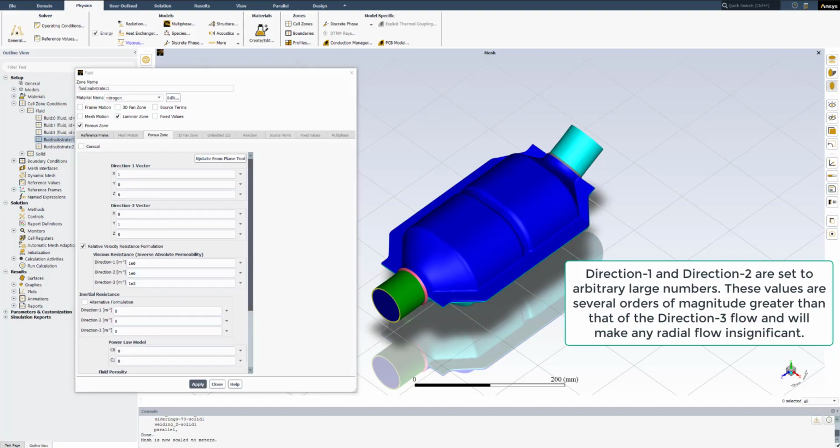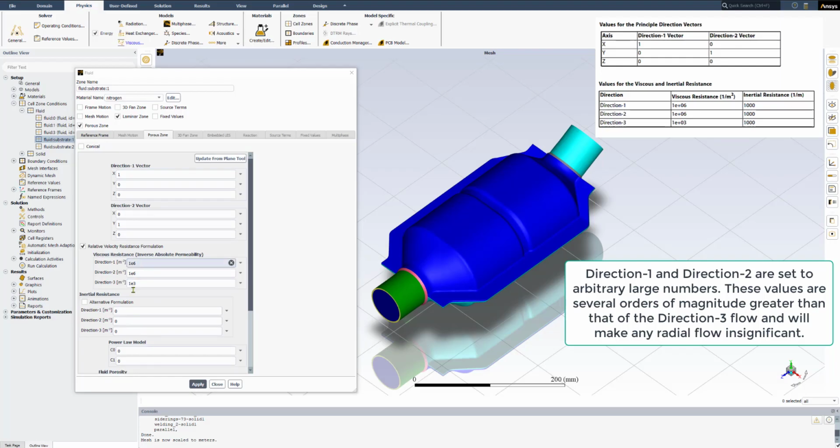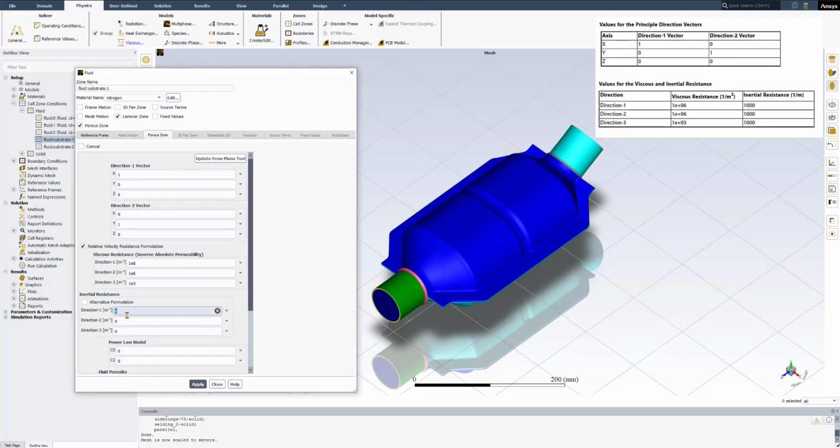So I will keep this one, and for inertial resistance I will set 1000 for all 3 directions. So I can apply,